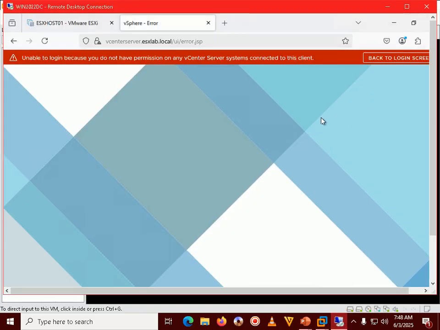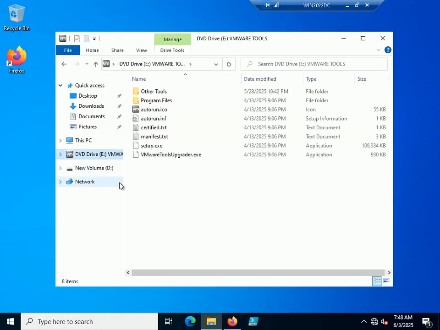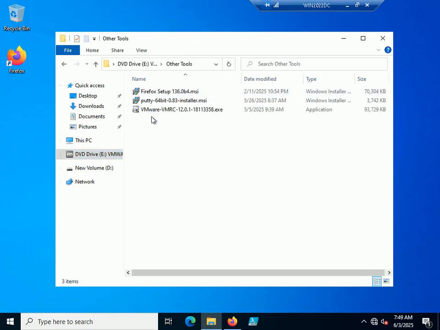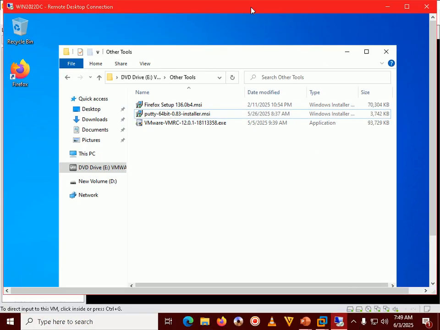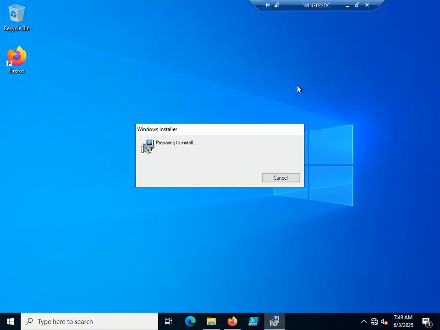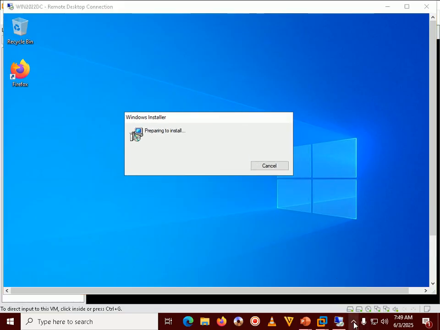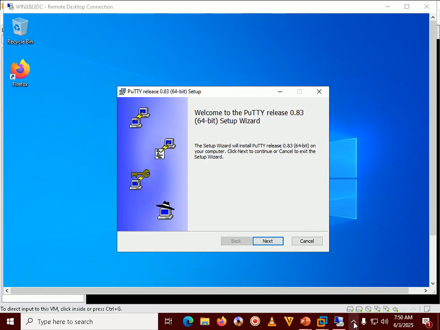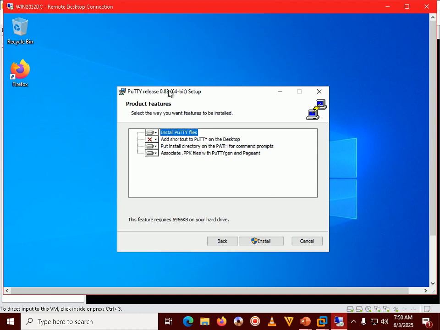So now our ISO has been mounted. I will come back to my Win 2022 DC system and go to the Explorer, and here I have copied this putty also. I will just double click on it, and in this Win 2022 DC we will just install our